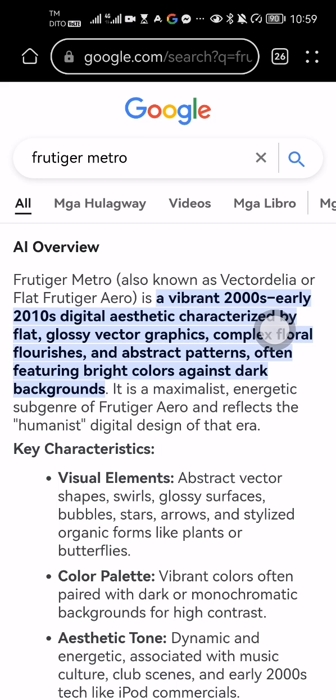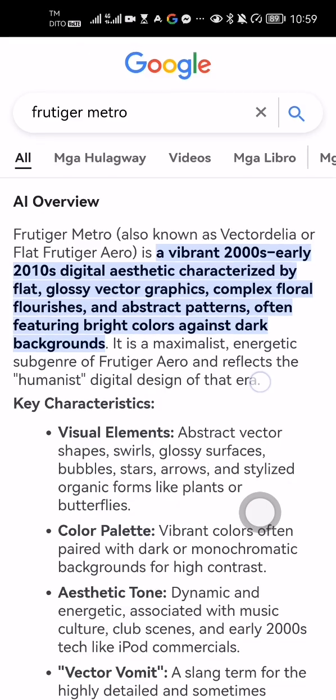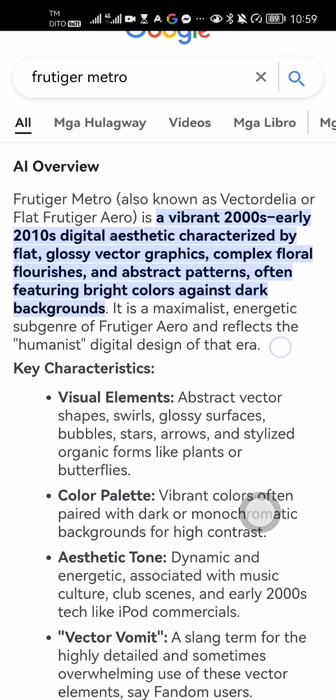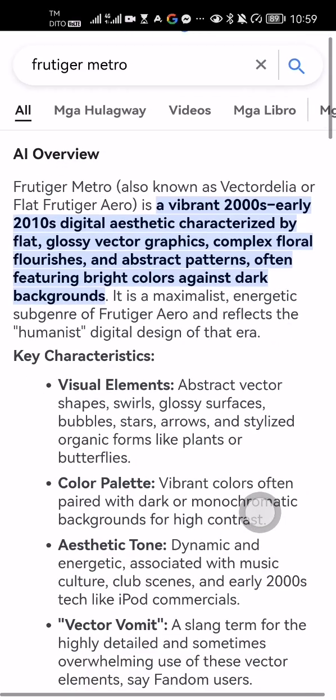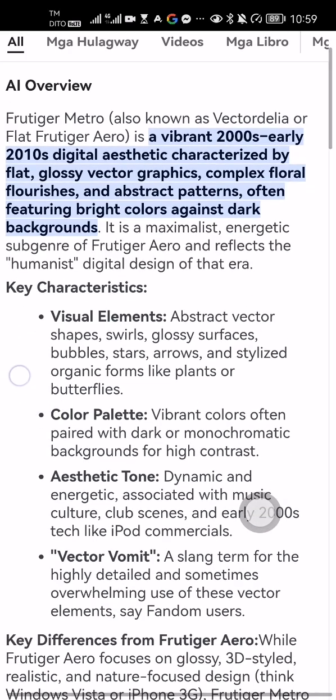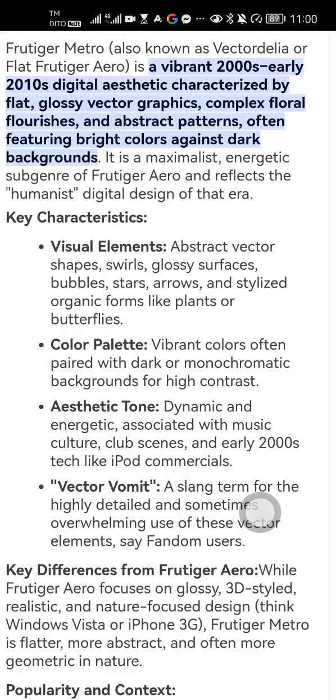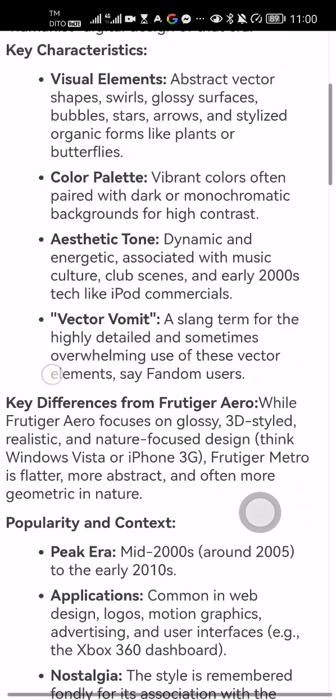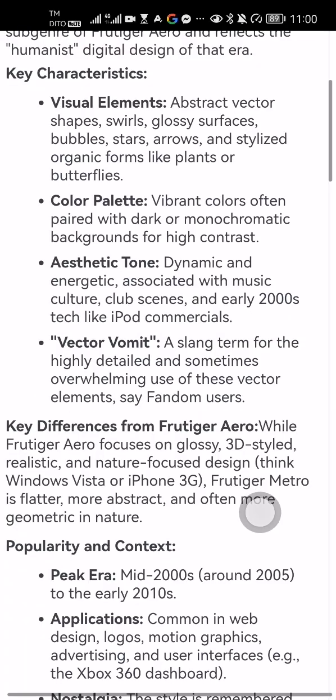So, Frutiger Metro, also known as Vectordelia or Flat. Why Flat? Frutiger Metro is a vibrant 2000s to early 2010s digital aesthetic characterized by flat, glossy vector graphics, complex floral flourishes, and abstract patterns, often featuring bright colors against dark backgrounds. It is a maximalist, energetic subgenre of Frutiger Aero and reflects the humanist design of that era. Key characteristics: